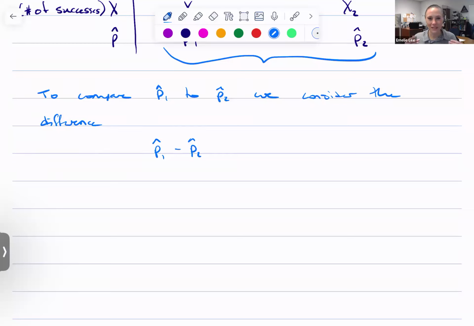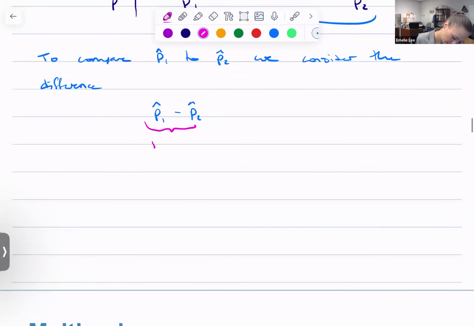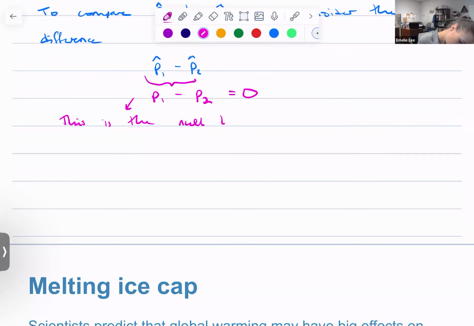In fact, what we're really trying to learn about is how P1 compares to P2. Okay? And so now this is for the population difference in proportions. Now, if these two things are the same, if P1 is basically the same as P2, and by basically, I mean they're allowed to be somewhat different, but not significantly different. If P1 equals P2, then what's P1 minus P2? It would be 0. Which brings me to the null hypothesis that I want to test. So this is the null hypothesis,